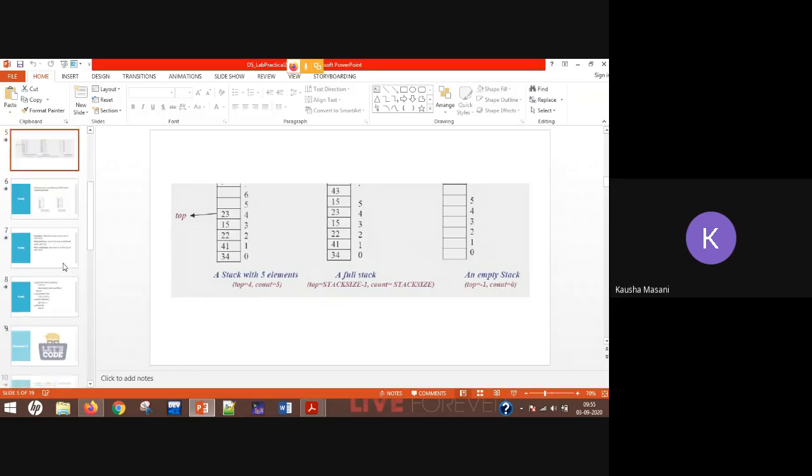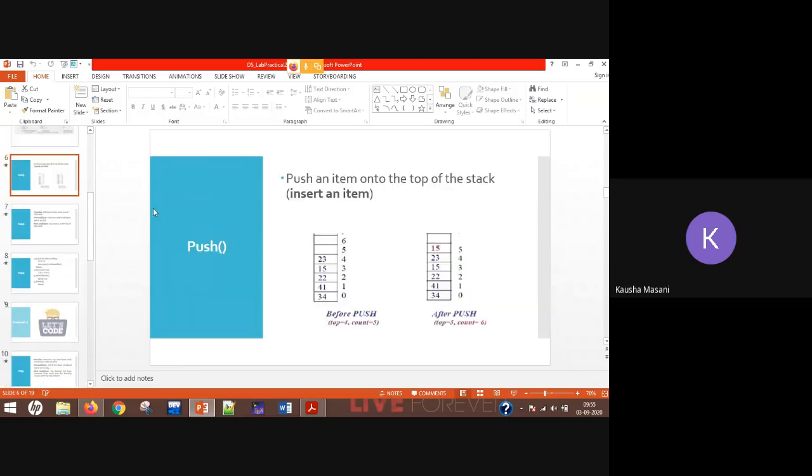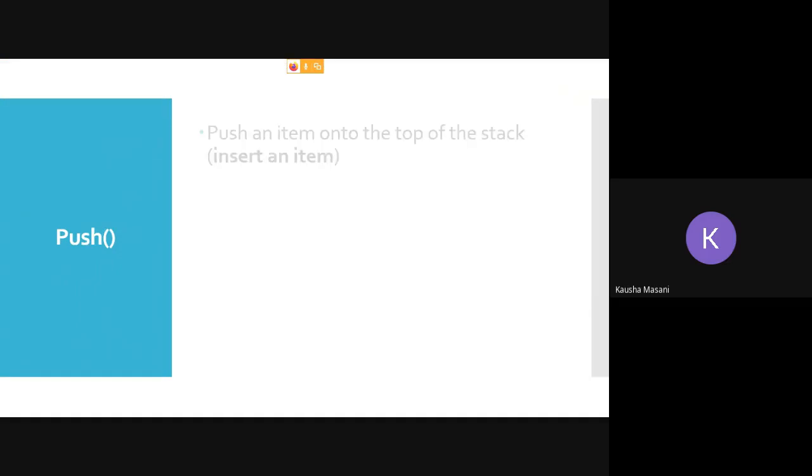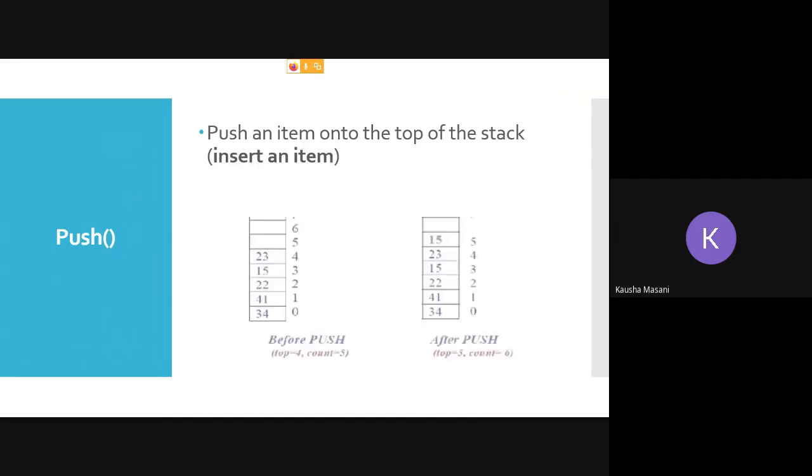In your lecture, we had seen this push operation. You are placing the item on the top of the stack, that means you are inserting an item. Before push and after push, this was the comparison diagram that we had seen.